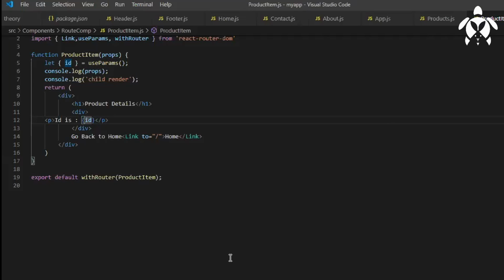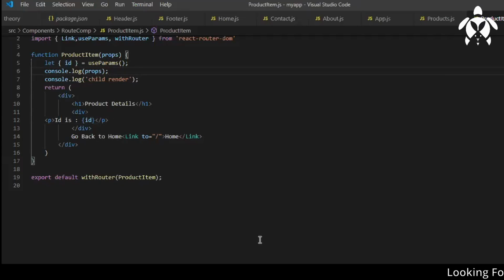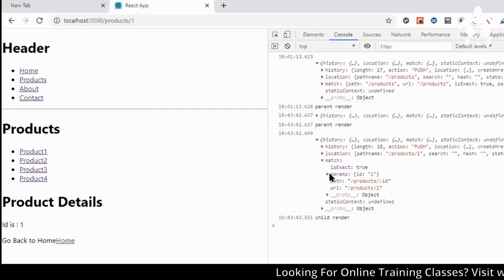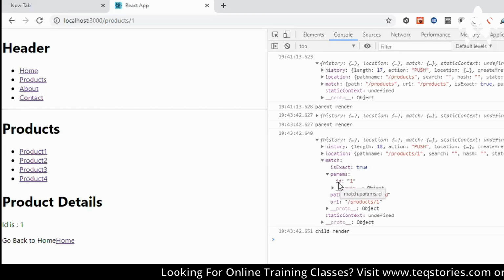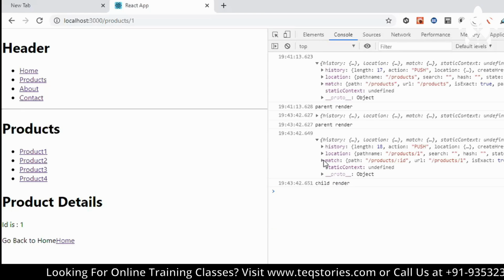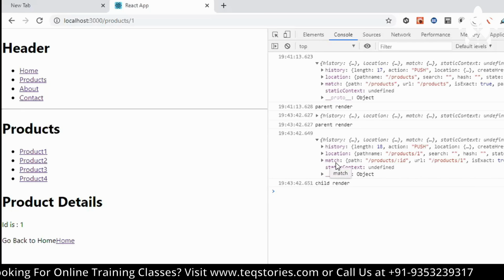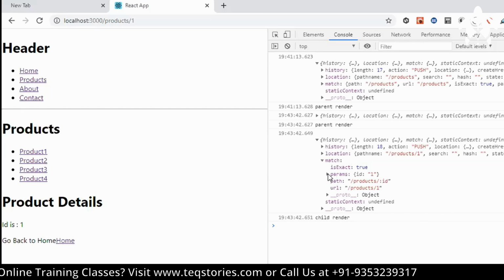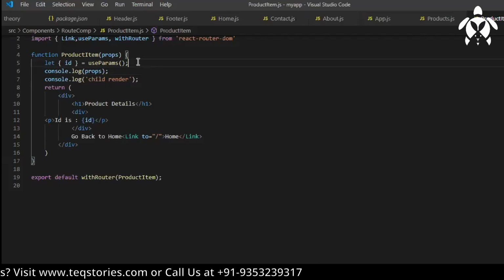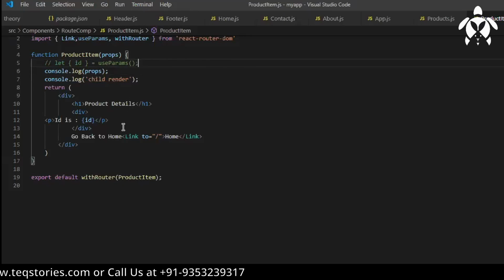Now let's say if you don't want to use the params hook, you are using props. Because see, I've clicked on 1, right? So here, see, I'm getting the params also now. So id, I'm getting 1, right? So how do you write it now? You'll be writing props.match.params.id, right? So in this case, you don't need to write useParams at all.